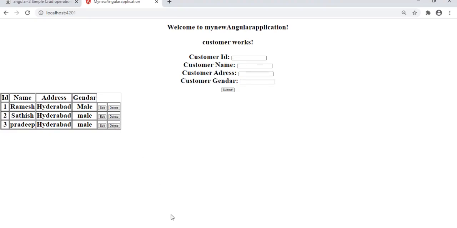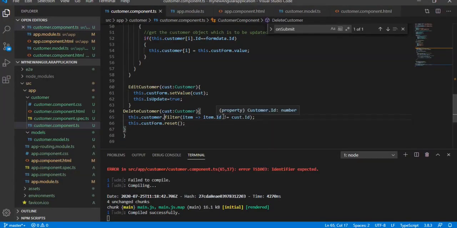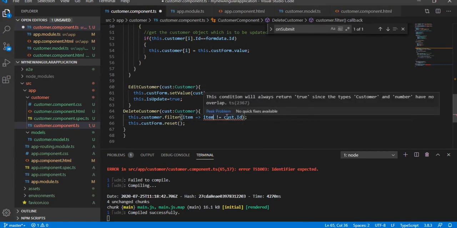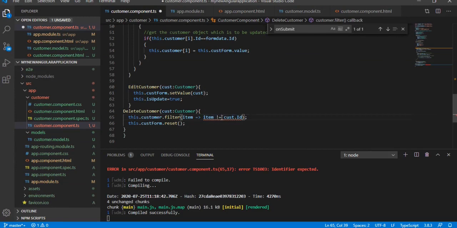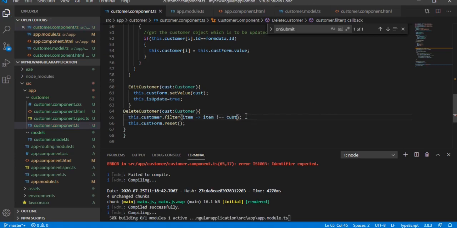Okay, it's not deleting. Guys, we made a small mistake actually. So this dot customer dot filter item such that item not equal to customer. Okay, this is the correct syntax.